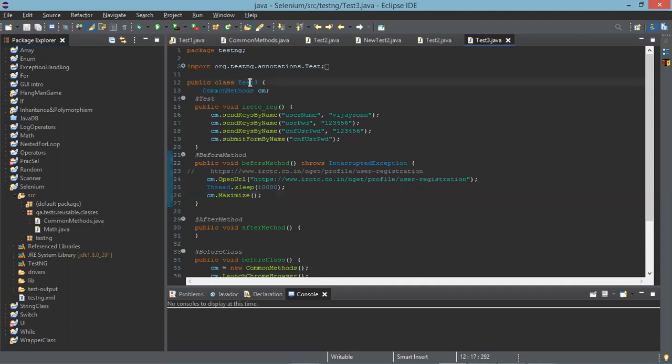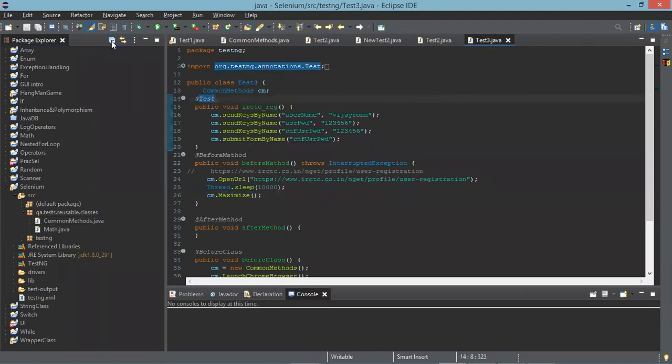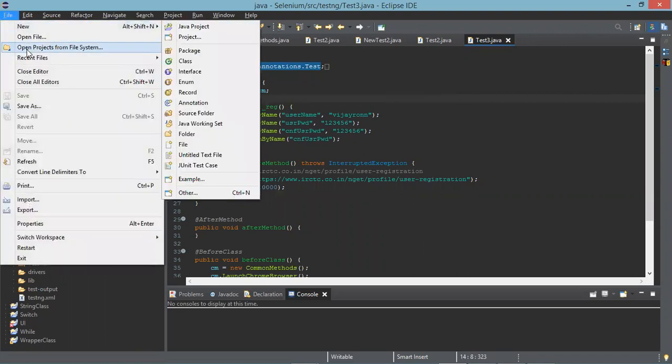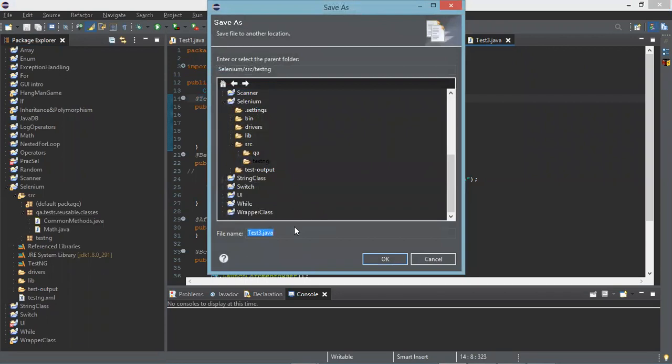Make it test4 select, with select in caps.